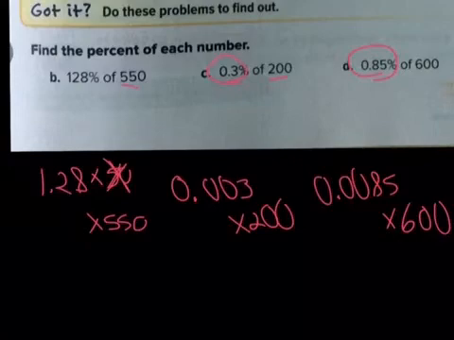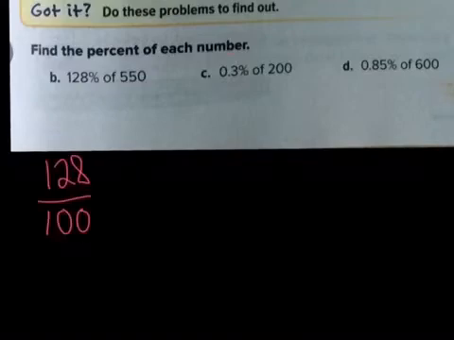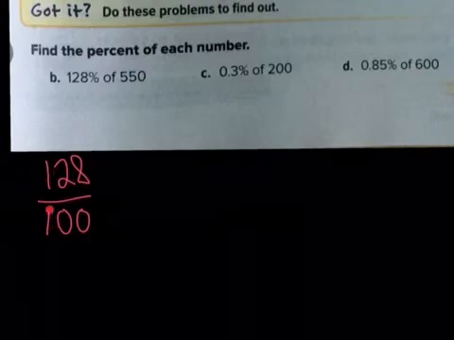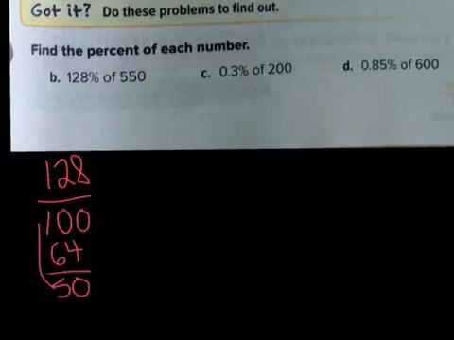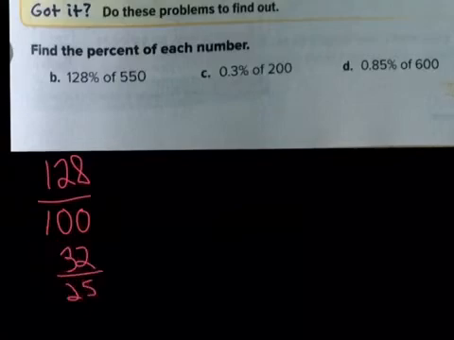Another way to do it, which is a little longer, but you could do it just on paper. Watch this. You take your 128% and you put it over 100, right? And then simplify this fraction, and then you're going to multiply fractions. You'll see. Okay, I'm simplifying it. I just went down by half, right? I divided 128 by half and I get 64. I cut 100 in half and I get 50, but I can still continue to simplify it more to 32